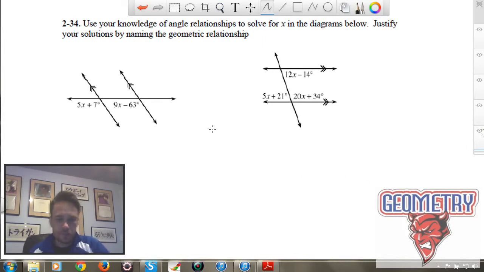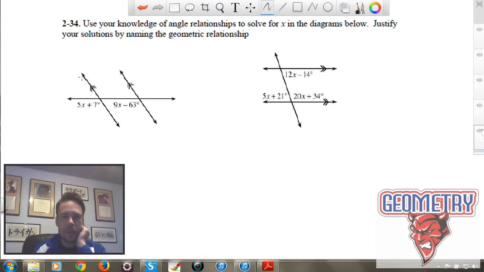another. So the first thing to do when you see a problem like this is to first of all establish, well, what is the relationship between these two angles? Okay, and then how can I set up an equation to establish that relationship or to visualize that relationship? So for instance, in the first one here, I see these two